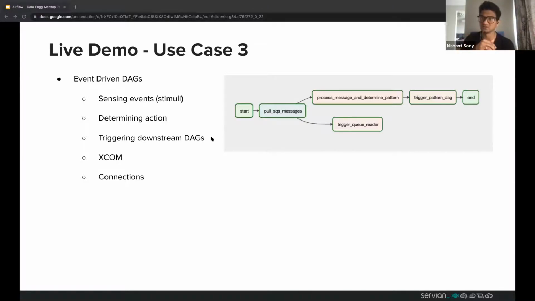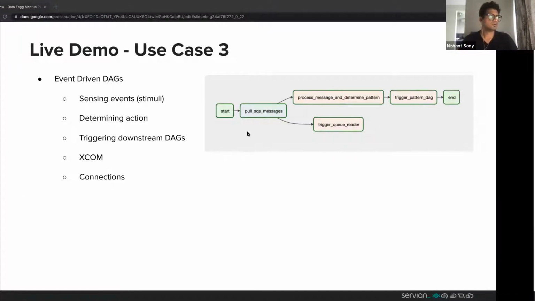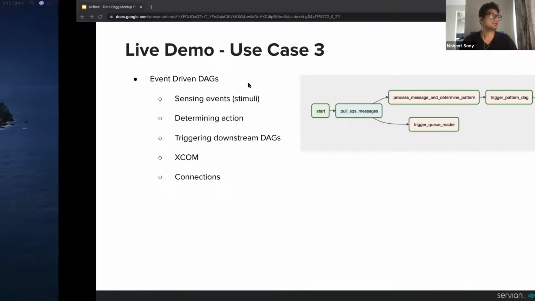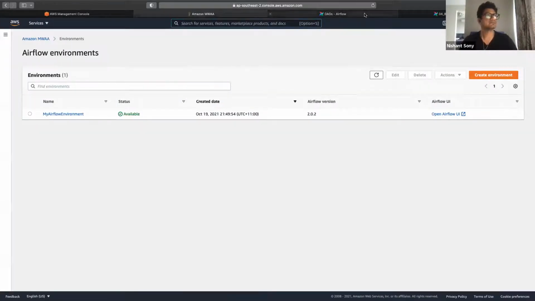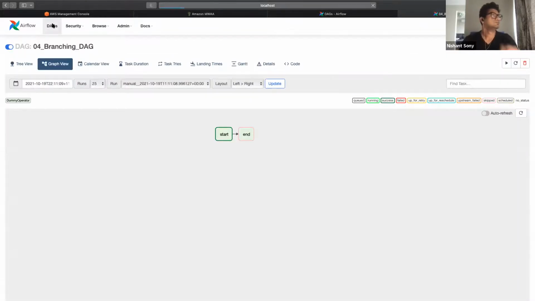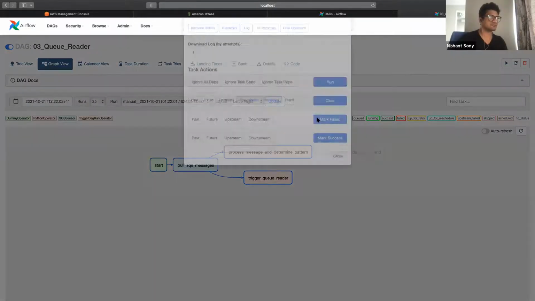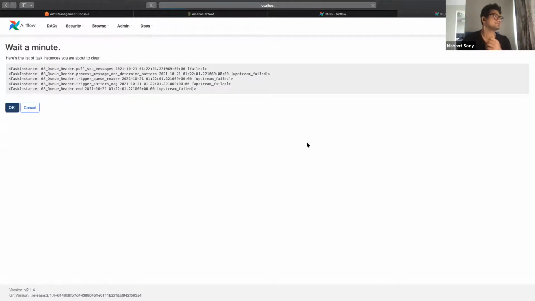One of the other examples we're going to look at right now is sensing on an event arrival. If you have a message queue and you send a message, you react to that message, take certain decisions based on the message content, and trigger the downstream processes accordingly. Before I give you a walkthrough of what the code looks like, let me open the DAG itself. So this is what the DAG looks like. I'm just going to trigger this DAG